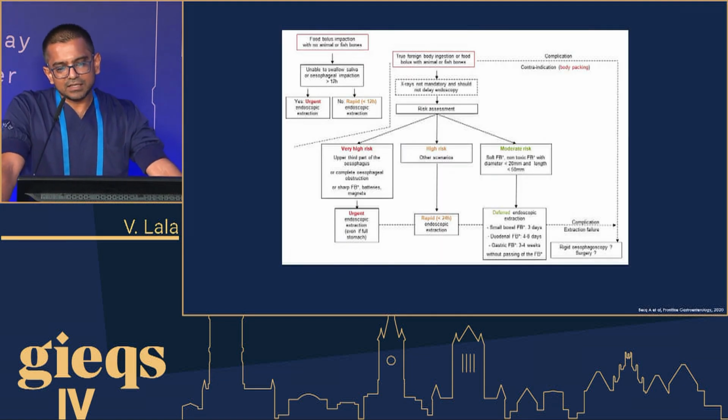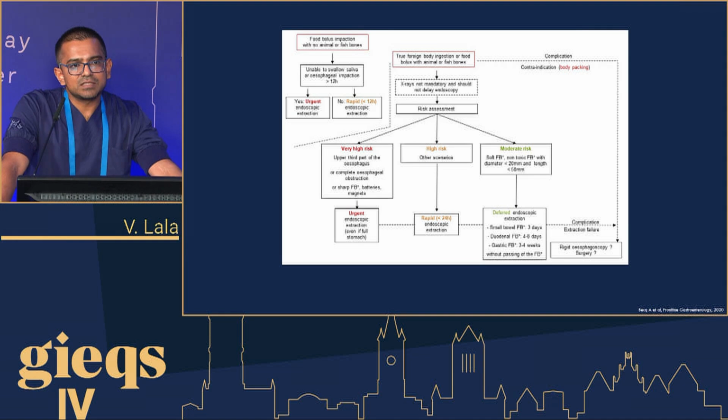So this is essentially a summary which risk stratifies patients based on urgency. And you can see very high risk patients or emergent endoscopy only relates to the esophagus. There is essentially no gastric or duodenal impaction